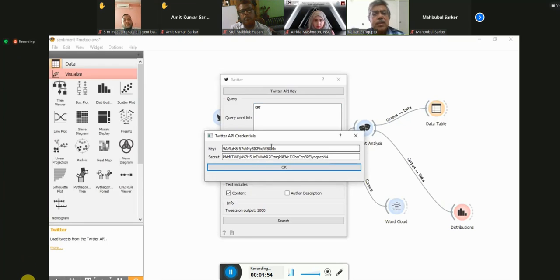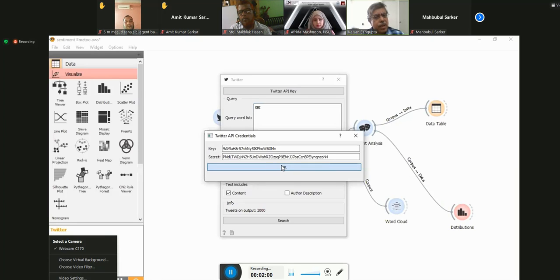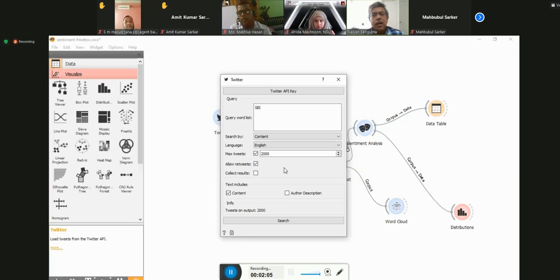There is a key and a secret password which you always have to give in this application, in any application in fact, whenever you are getting data from Twitter.